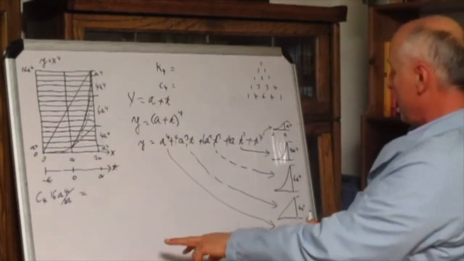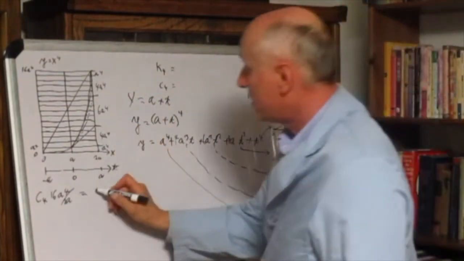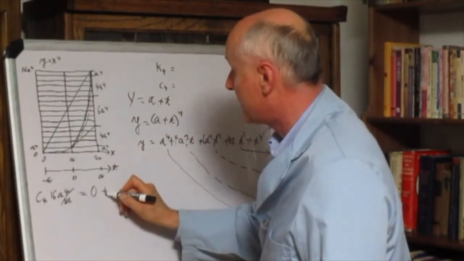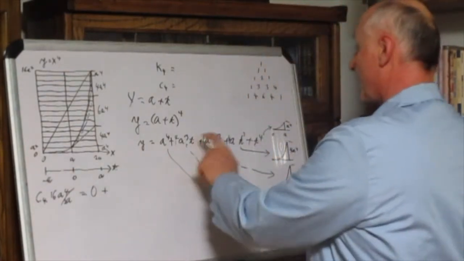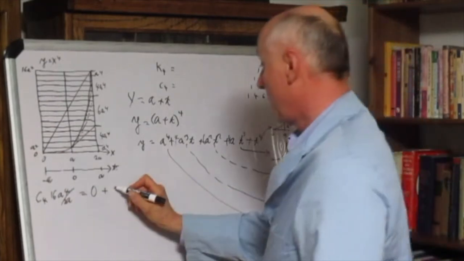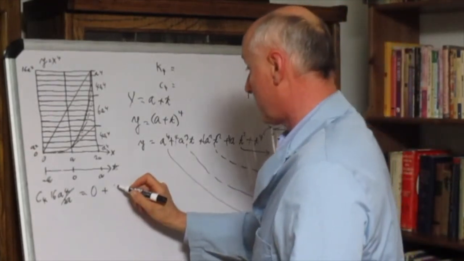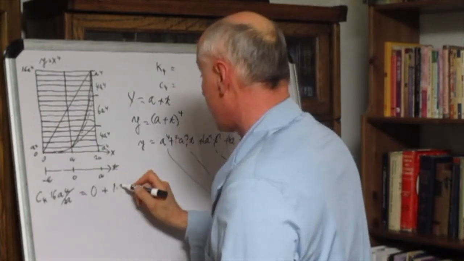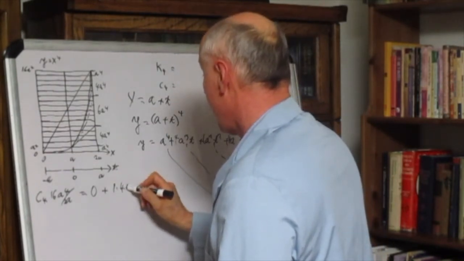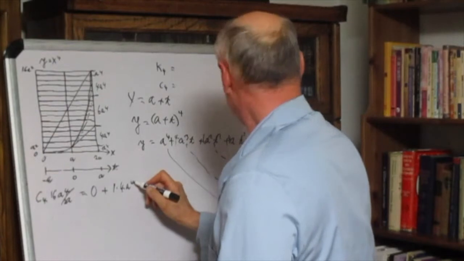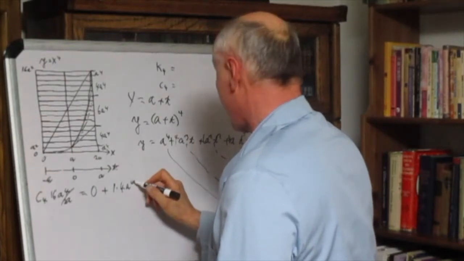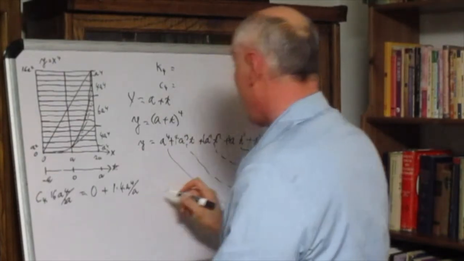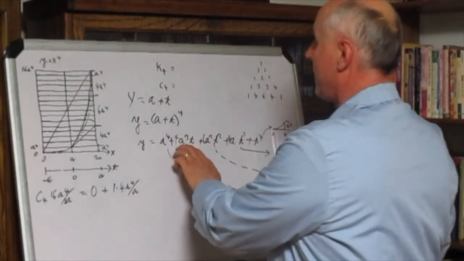The constant is 0, plus the linear, well, it's 1 times 4 a to the fourth over a. So you can see it's 4a to the third,